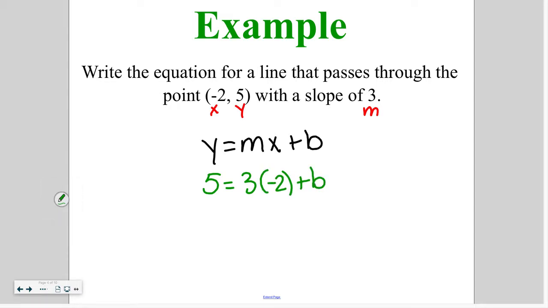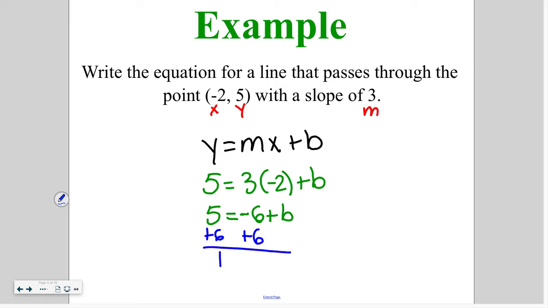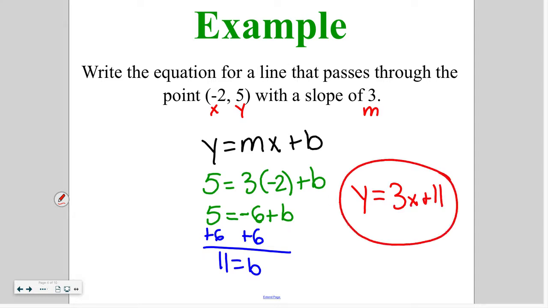Following PEMDAS, we do 3 times -2, so 5 is equal to -6 plus b. In order to solve that, we are using SAD-MEEP. The opposite of -6 is adding 6, so we end up with 11 is our b value. Our final step is to actually write the equation out. So we end up with y is equal to 3x plus 11, plugging in our m and our b into